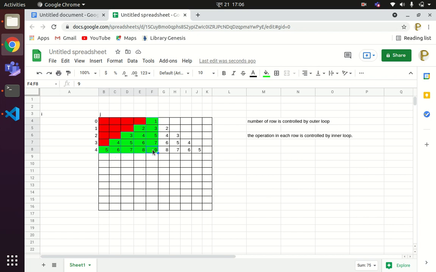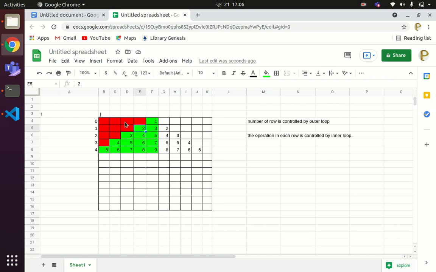To get the first number, we have to do row plus 1, meaning the value of i plus 1. 2 plus 1 is 3, 3 plus 1 is 4, 4 plus 1 is 5. After that we have to gradually increase the number, up to 4 times in this case, 3 times in this case, 2 times, 1 time, and 0 times.